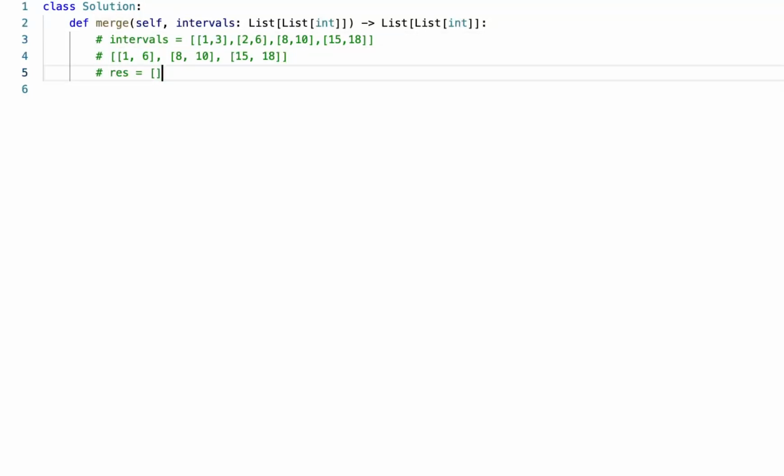So first of all, my first idea is to sort according to start. Once that's done,